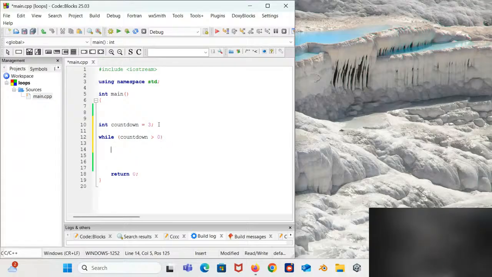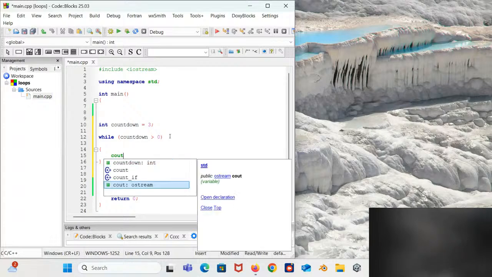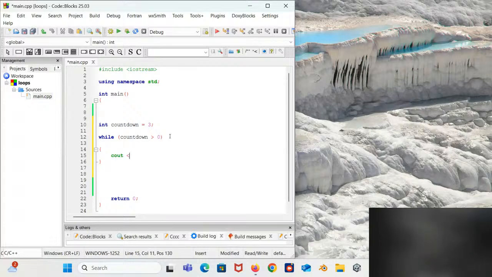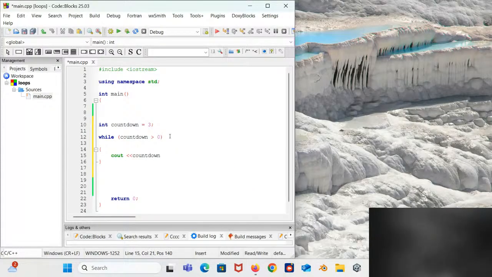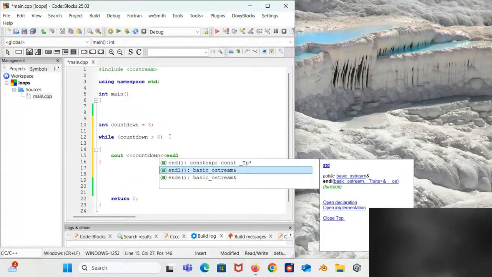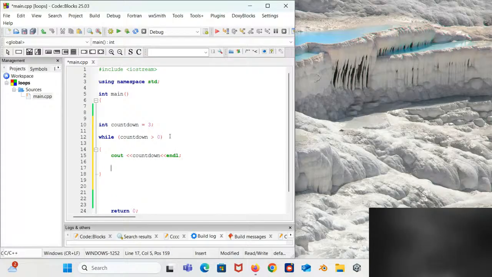What should happen? cout countdown, and endl for a new line. And we come here and say countdown minus minus.